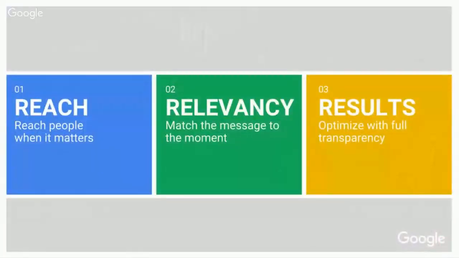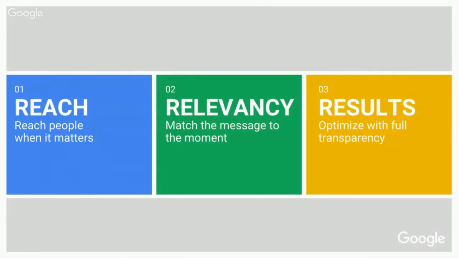Great. So today we'll focus on the GDN, and we won't be talking so much about the DoubleClick product. So how do we get started with this? I'm a search advertiser, or I've been using GDN for a while. What are the steps that you would recommend to get some great results? Yeah, we really think about the keys to programmatic success in terms of 3 steps, and I call them the 3 R's: reach, relevancy, and results. And we'll spend more time on each of these. Reach is about reaching people when it matters. Great marketing always starts with defining and reaching the right audience, regardless of what device they're on, desktop or mobile, app or web.